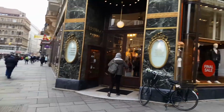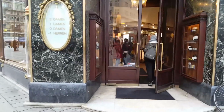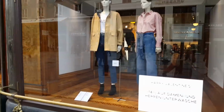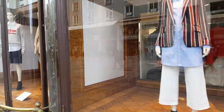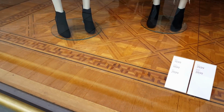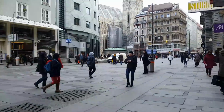It must have been some old Viennese department store. You can see there with the marble. But the clothes are the usual H&M. But you can see the very fancy furnishings here. Look at that wood panelling. That is not linoleum, that is real wood. Anyway, if we keep on walking down Graben,